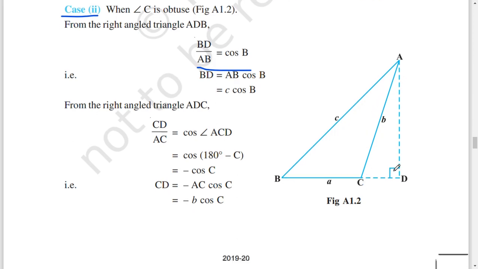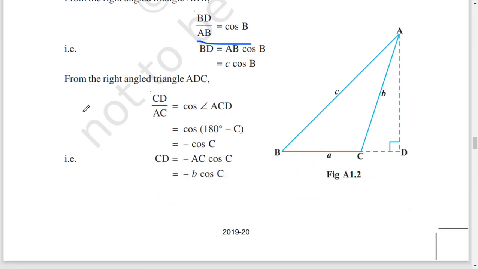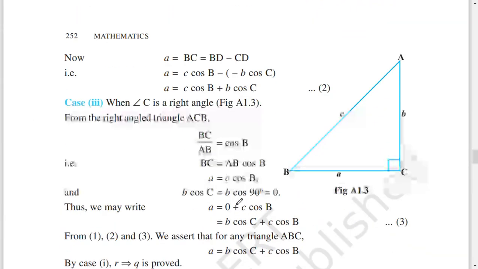ABC is a triangle, AC is called b, AB is called c, and BC is called a. And angle ACD is obtuse. From the right angle triangle ADC, CD by AC equals cos angle ACD. Cos of 180 degrees minus C equals minus cos C. That is, CD equals minus AC cos C equals minus b cos C. Now a equals BC equals BD minus CD, that is, a equals c cos B minus of minus b cos C. So a equals c cos B plus b cos C. (2)